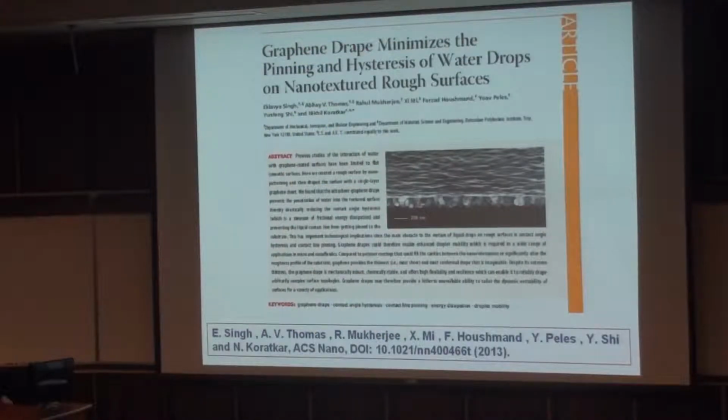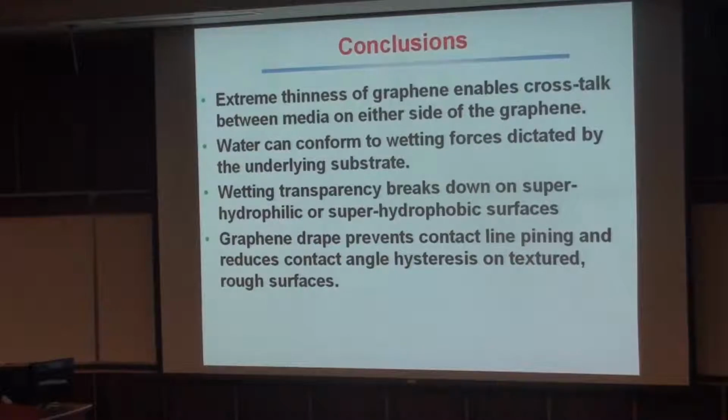So we have a paper on this that just came out in ACS Nano, which has more details about that. The main points that I want to make are that because graphene is so thin, it can allow crosstalk across the graphene sheet. If I have two media on both sides of the graphene sheet, there can be crosstalk of the van der Waals interactions across this ultra thin, one carbon atom thick sheet, right? And that kind of crosstalk is nice, because then what can happen is that